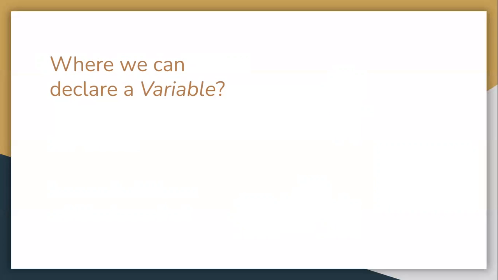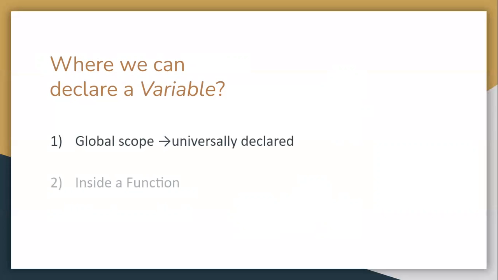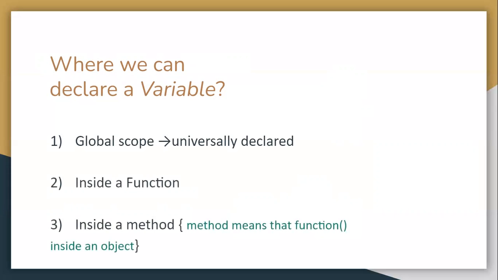Like we can declare a variable in global scope. As the name suggests, global scope means we are declaring a variable universally, so each and everyone can have access to the variable declared in the global scope,